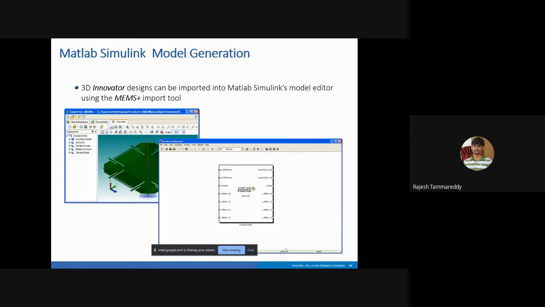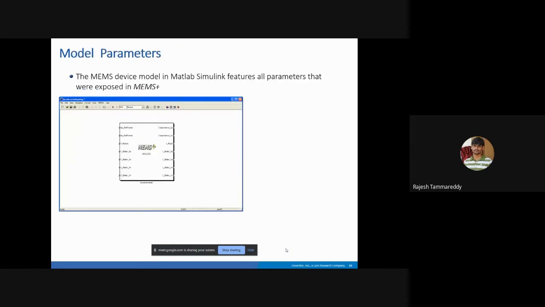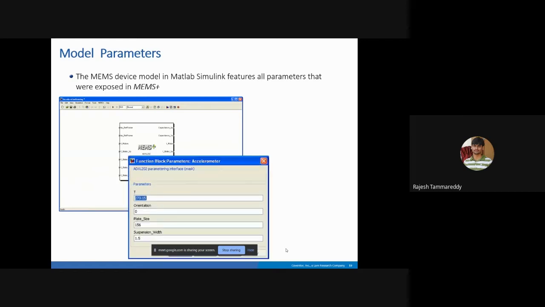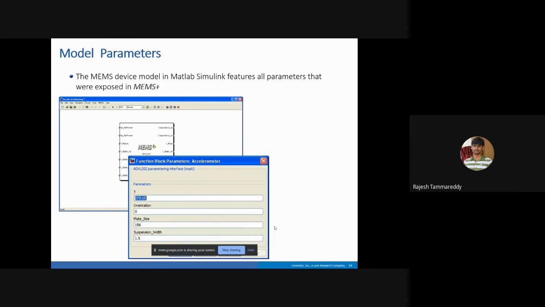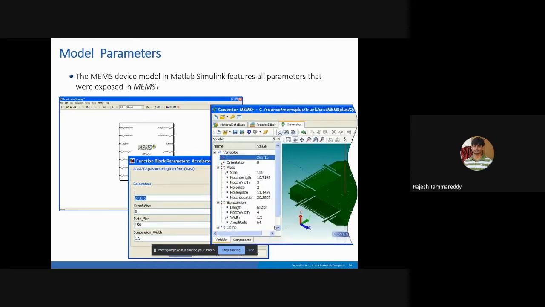Now, how did these parameters come, and how do we change these variables? Suppose I have a block here and I want to change the width of the beam or some other parameter. For that, you need not go back to MEMS Plus for every modification. In MEMS Plus, there is an option called Expose. On the right side, whatever these arrows are showing are the variables.